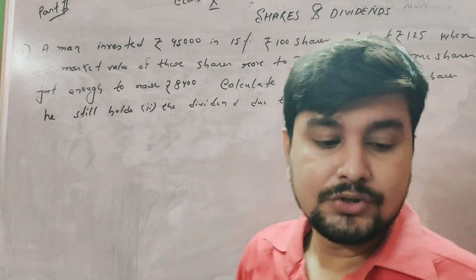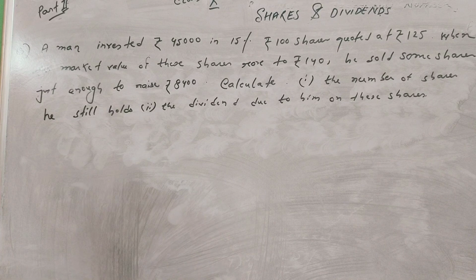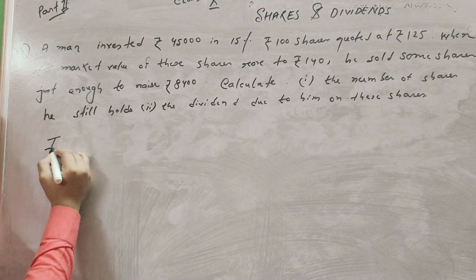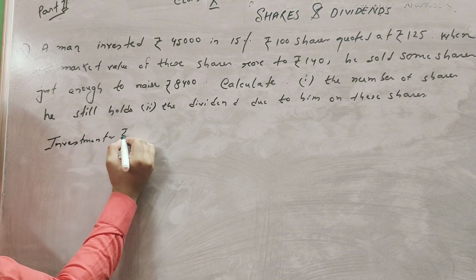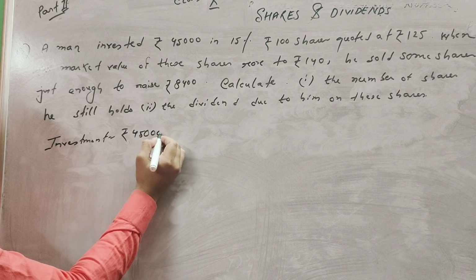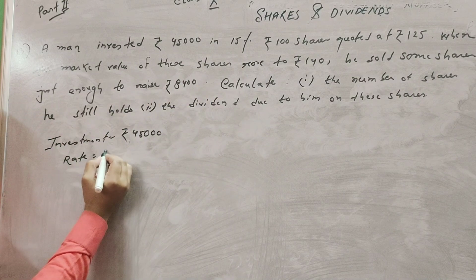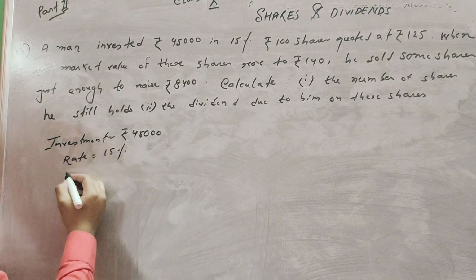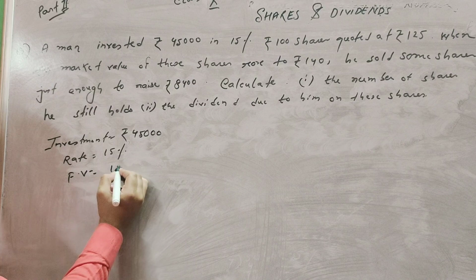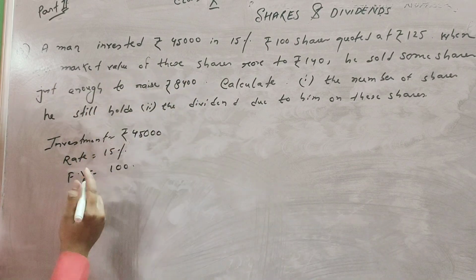Now it's time for question number 13. Question number 13 is: a man invested rupees 45,000. Investment is given. In 15%, that is the rate is 15%, rupees 100 shares. So the face value is rupees 100. Shares quoted at, that is, the market value is